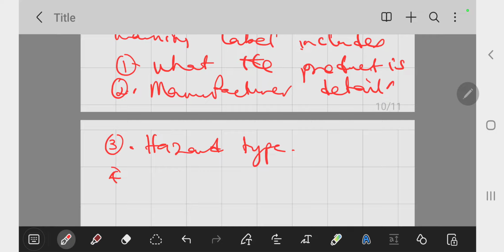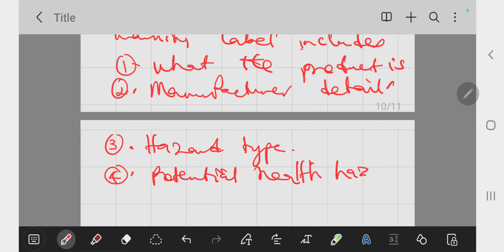Then number four, it will tell you the potential health hazards. And then lastly, to tell you protection, how you can protect yourself from that specific